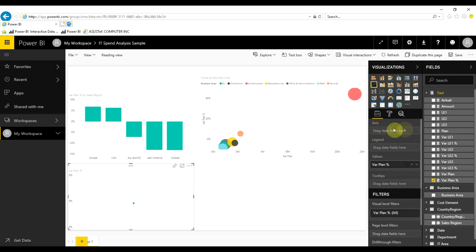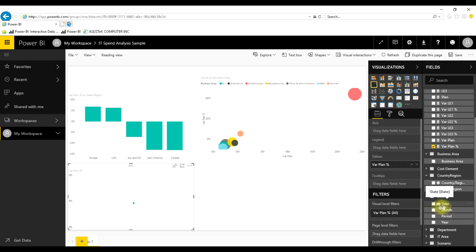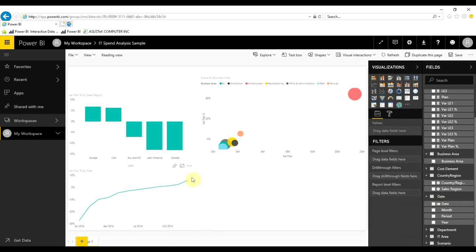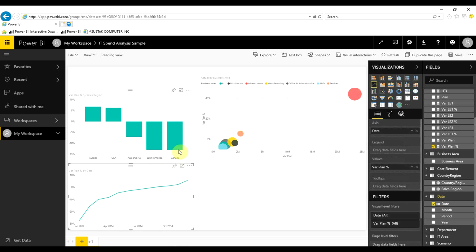And for our axis, since this is a variable plan percentage by date, we'll go over here to date, and right here we'll take the date field, and we will put this here at our axis. And so now we have the line chart. It goes from January, April, July, and October. So now we'll line up our chart,